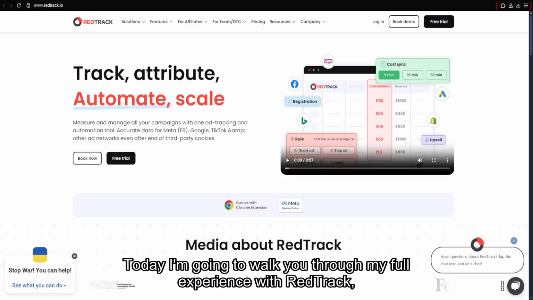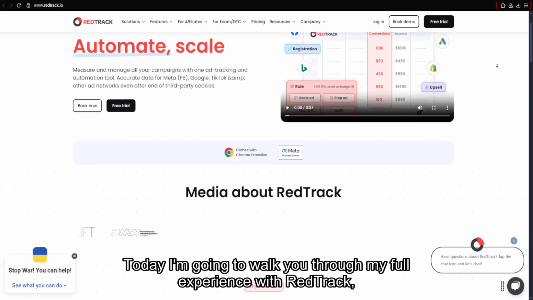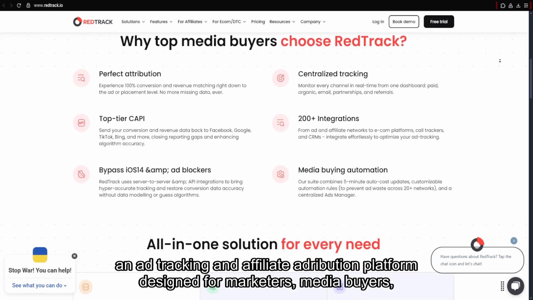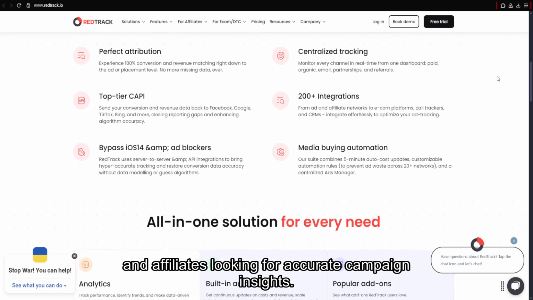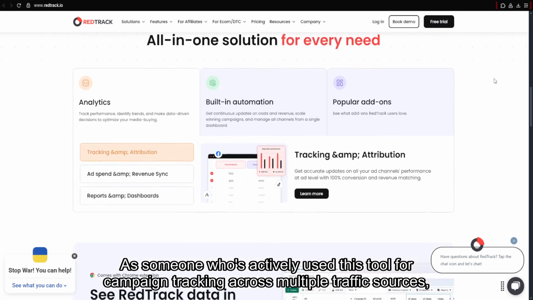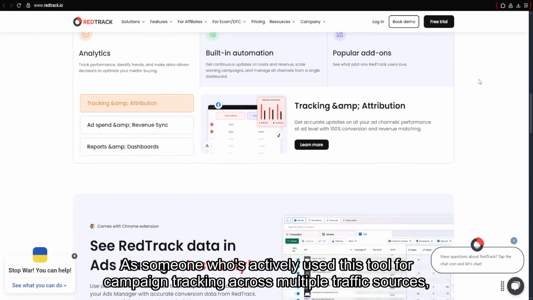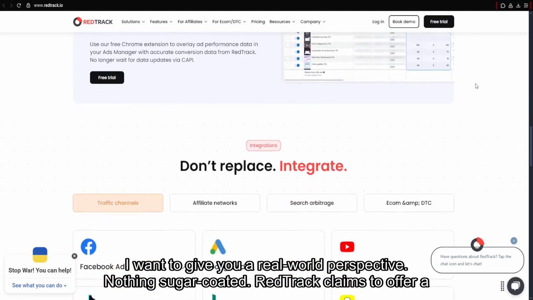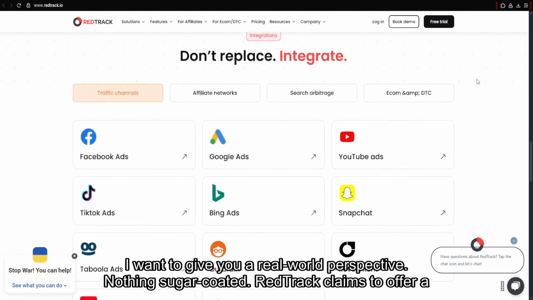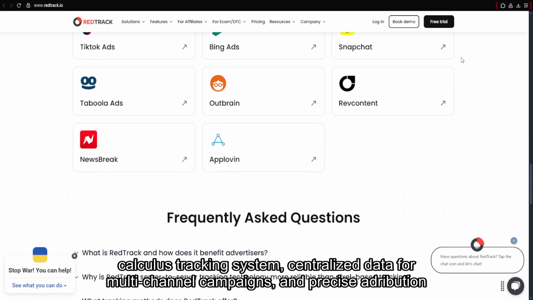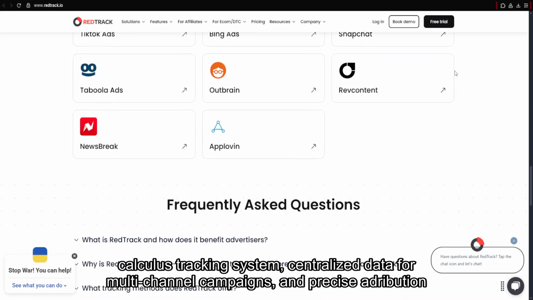Today I'm going to walk you through my full experience with RedTrack, an ad tracking and affiliate attribution platform designed for marketers, media buyers, and affiliates looking for accurate campaign insights. As someone who's actively used this tool for campaign tracking across multiple traffic sources, I want to give you a real-world perspective, nothing sugar-coated. RedTrack claims to offer a cookieless tracking system, centralized data for multi-channel campaigns, and precise attribution